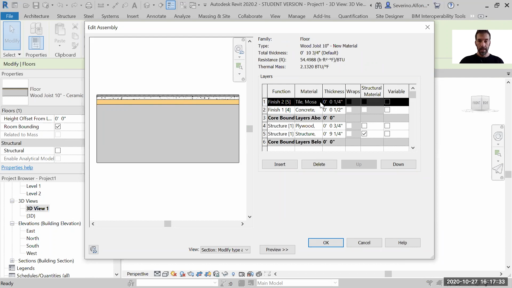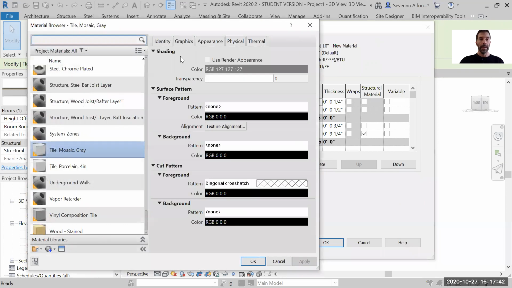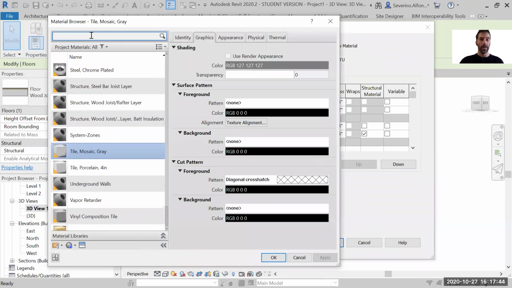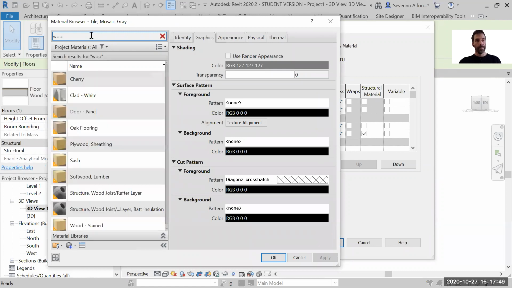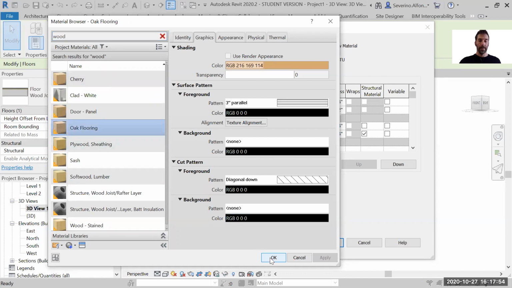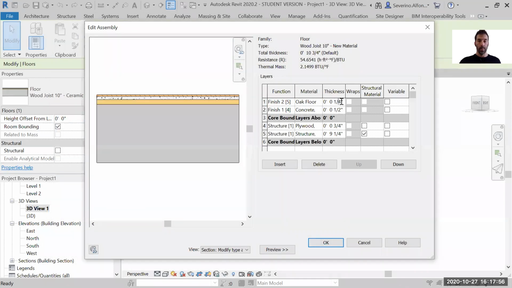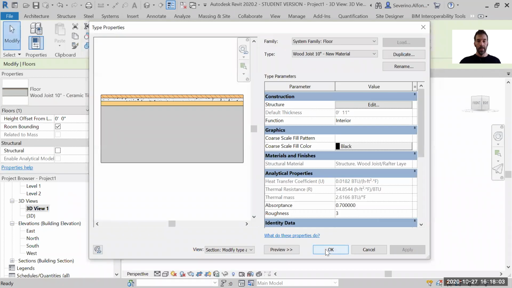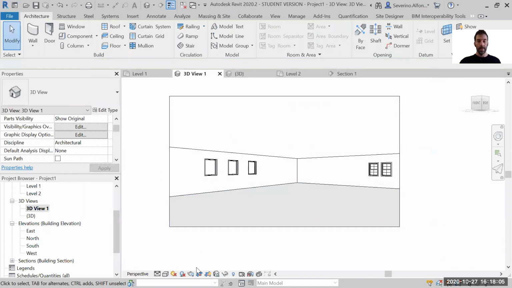We click on the right of the little material title here, and it will open the material editor or material browser. You can search for other materials, like let's say oak flooring. Say okay, maybe oak flooring is not a quarter, maybe it's a half of an inch, depending on what it is, and you change that. You say okay, okay, and if I render this again,